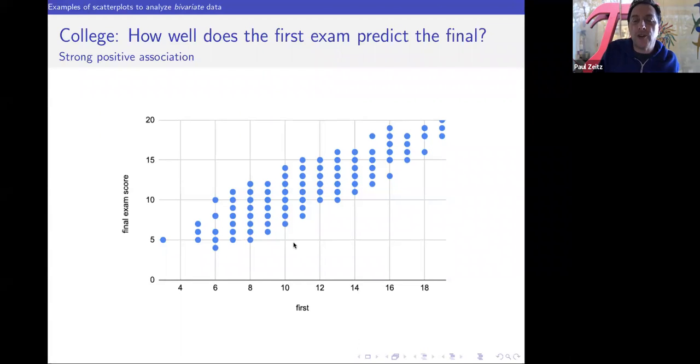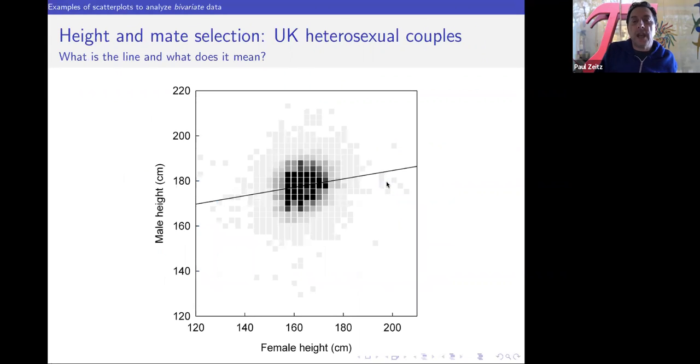And again, I want to remind you, the variables are the first exam and the final exam, and the population. Each of these dots actually represents a person from whom we are taking two measurements, the measurement of their first exam and their final exam. In the other one, it was their height and weight. Same idea.